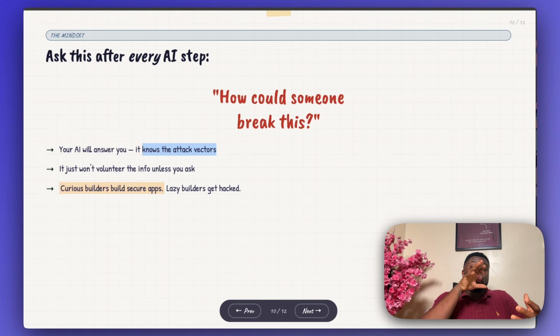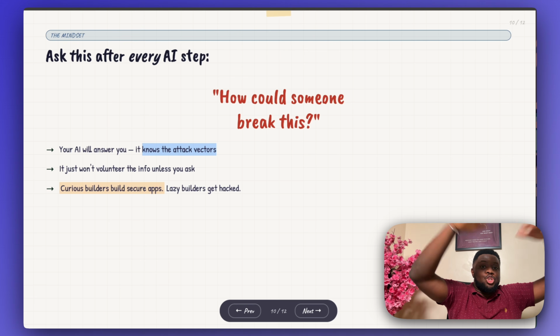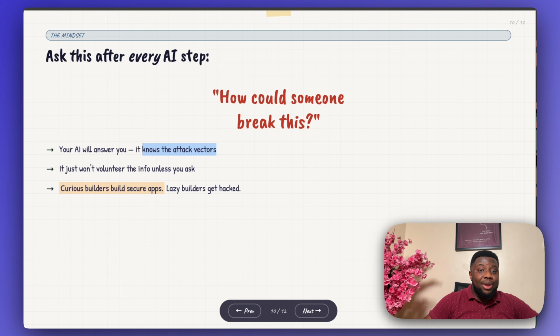If you're curious, you can make sure that every single time it's done with a task, you ask it that question. But here's the thing: it will mostly work when you've broken down the steps for your AI, not telling it, build this entire thing, or check my entire app, how can someone break it? It will give you good answers, but it will still miss certain things, depending on how big your app is. It has limits, like I said. Do you understand? So break down the steps. How can someone break this?